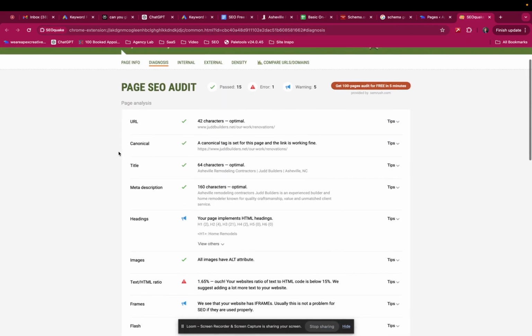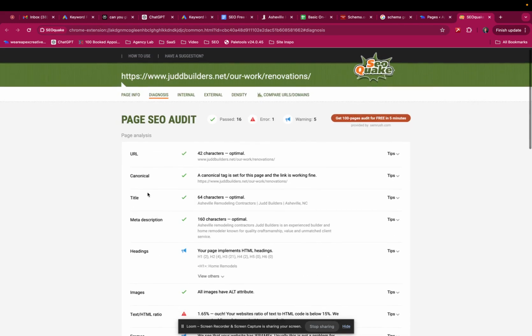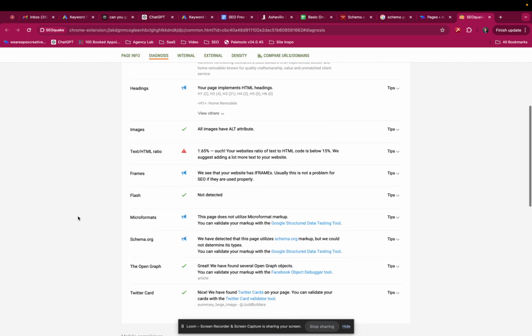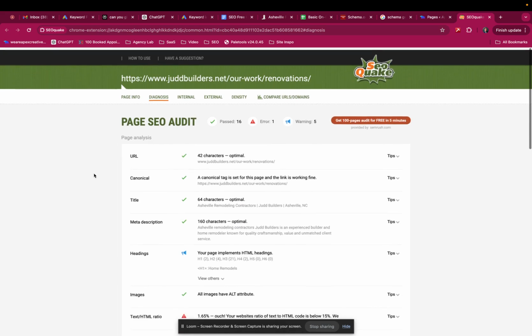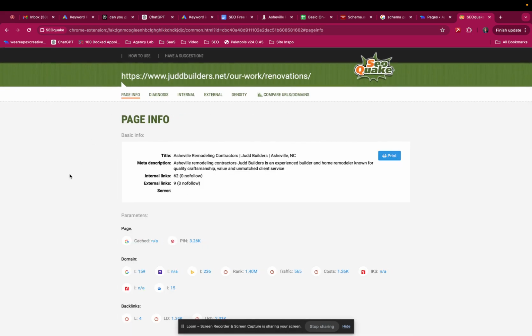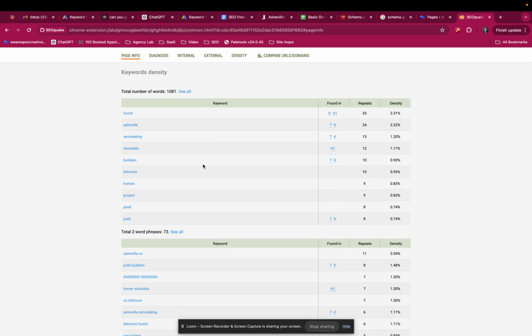This is going to pull up all this information related to the particular page. So we can even see this gives us a diagnosis of things and what's going on here. So let's go to page info. Okay. So with page info, here is where we're going to see the density of the words, how many times it's repeated, and where it's going to be located.